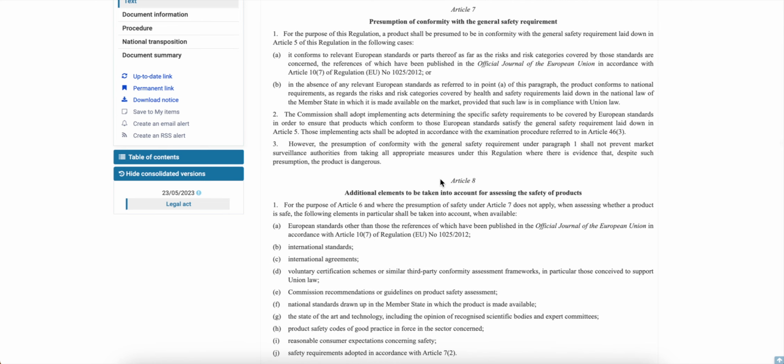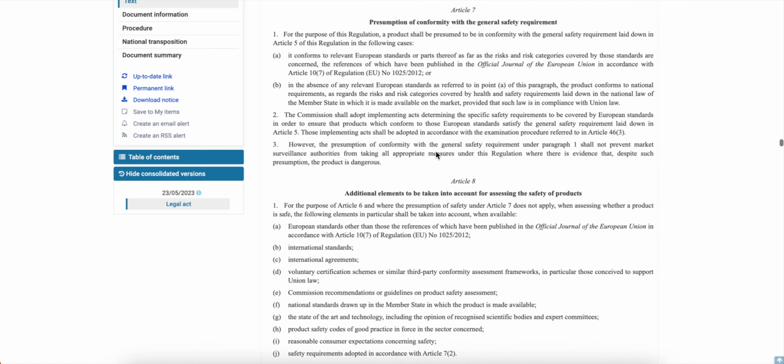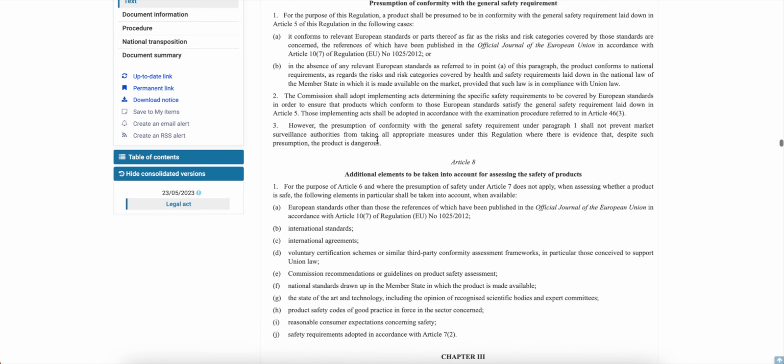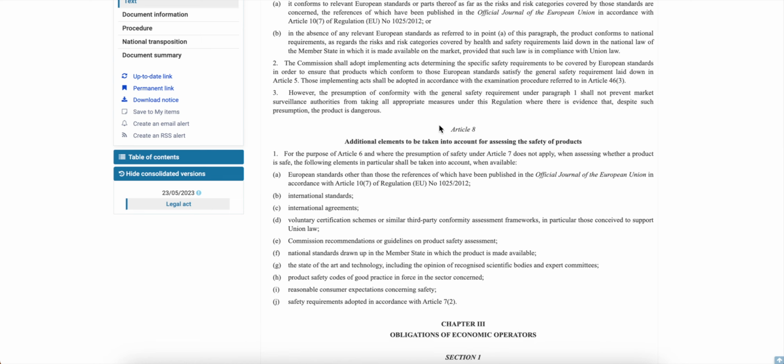Now in Article 8, it gives us an expanded list of options in the scenario when the options in Article 7 have been exhausted, meaning that perhaps you don't have a harmonized standard or you don't have any of the other options described. Well, that doesn't mean that you can just skip this and not ensure compliance with standards. It just means that you have to look at other options like European standards that are not harmonized, for example. Just to give you an idea, there's a harmonized standard for baby carriers under the GPSR,